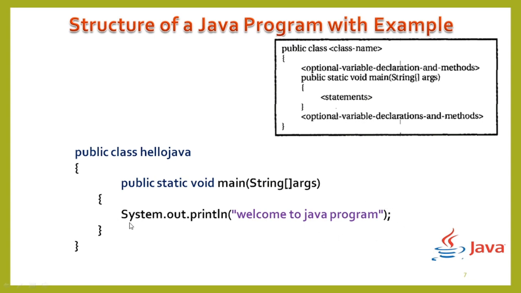In our example, I write one statement, that is System.out.println in brackets, within double quotation marks, welcome to Java program, double quotation over, then round bracket and semicolon, and close the statement with the semicolon and close it by using the curly bracket. Okay, and main program close. This is the one example I will show in the text editor: how to write, how to run, and how to display output.